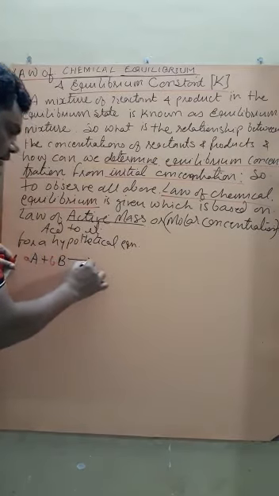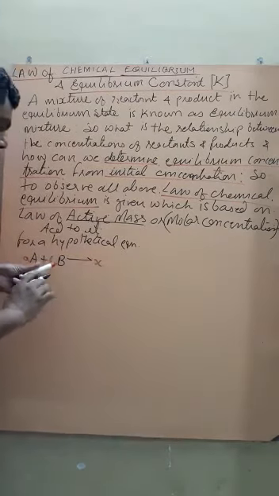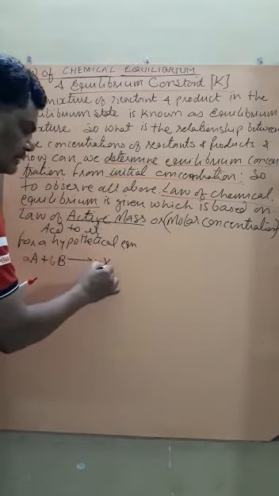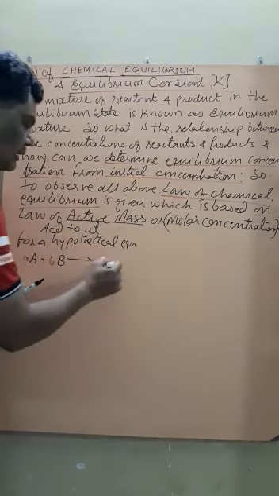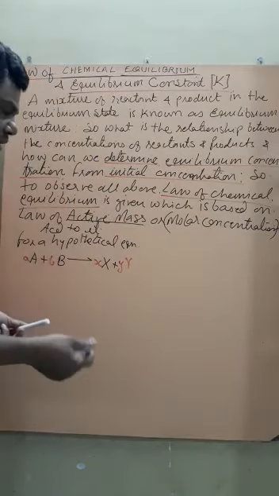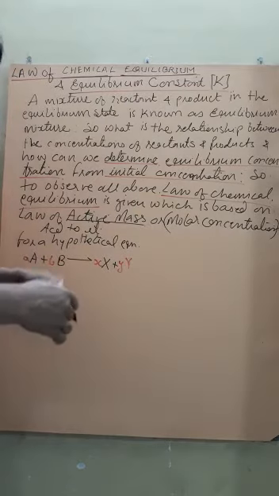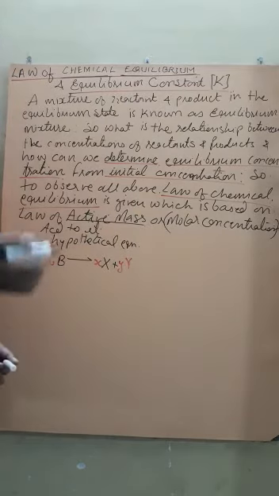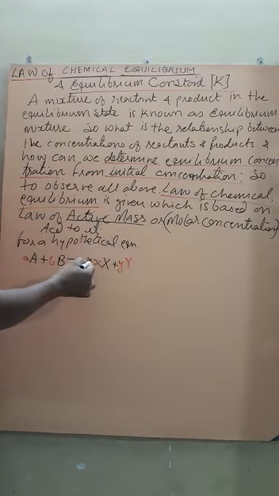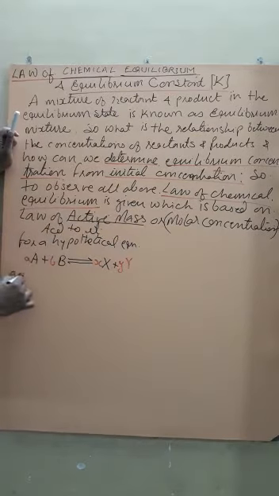Then they will convert into small x moles of product X plus small y moles of product Y. And after some time, when the reactant has converted into product in the desired amount, the product is also getting converted back into reactant. So, applying